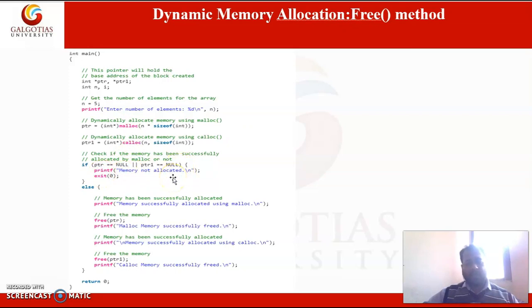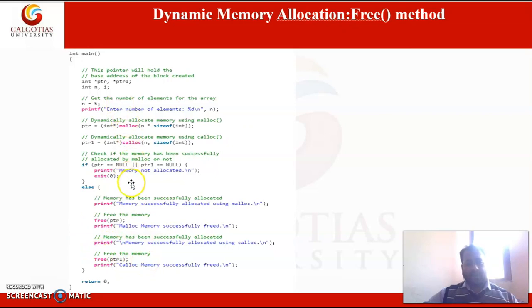If both methods have returned a memory block, then this condition will fail and we will be in the else case. In the else case we free the allocated blocks using the free method.